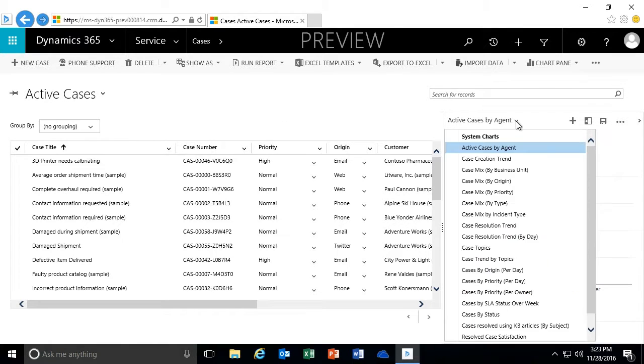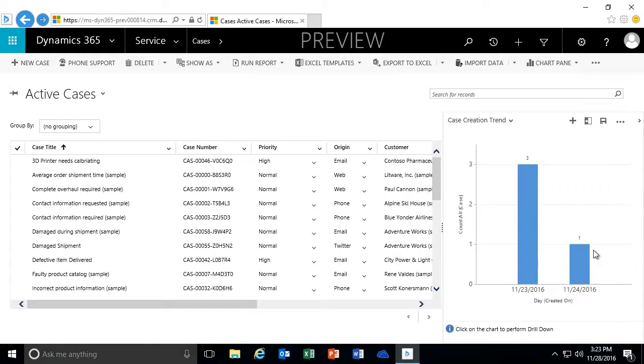Now, some of the other charts that you have available, you might even go in and take a look at the case creation trend. Depending on the chart is depending on what kind of information we're going to see. Not only can I review this information, but you'll notice when I click on one of the data records, my mouse changes, letting me know I can drill down and look at